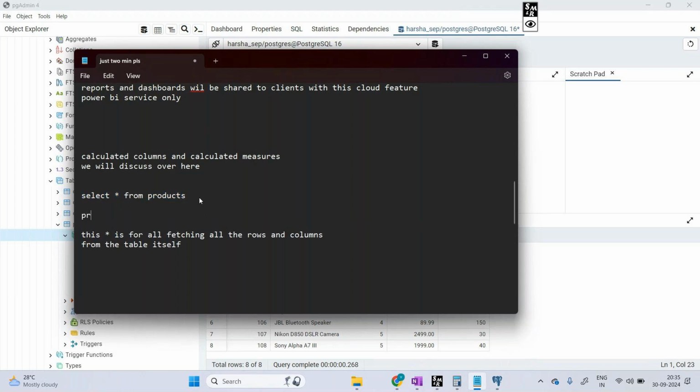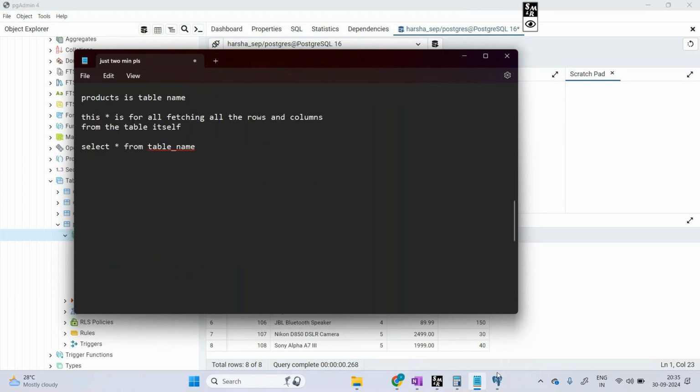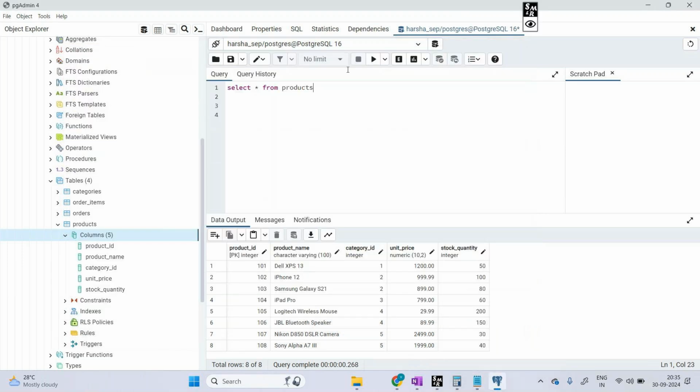Products is the table name. Any table you can take like this: SELECT star FROM table name. We have to give the table name. From where you want to fetch the data, there you have to give the table name. Okay. After this, SELECT star FROM